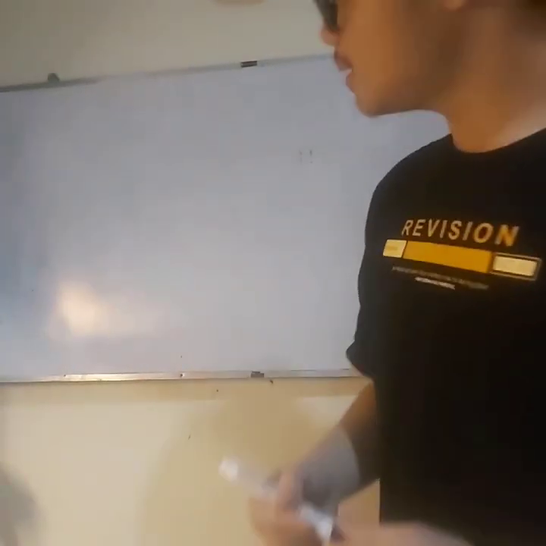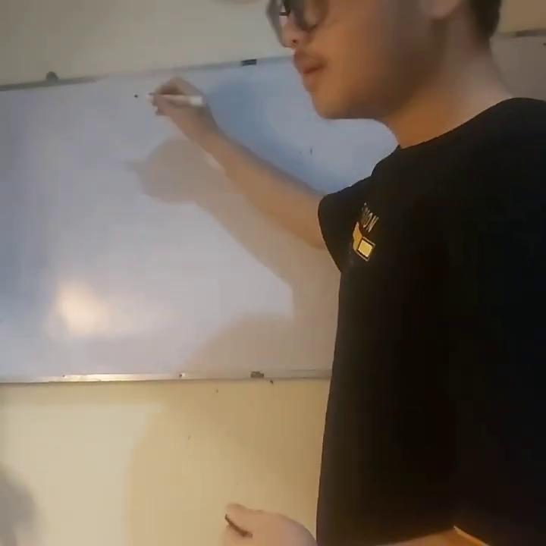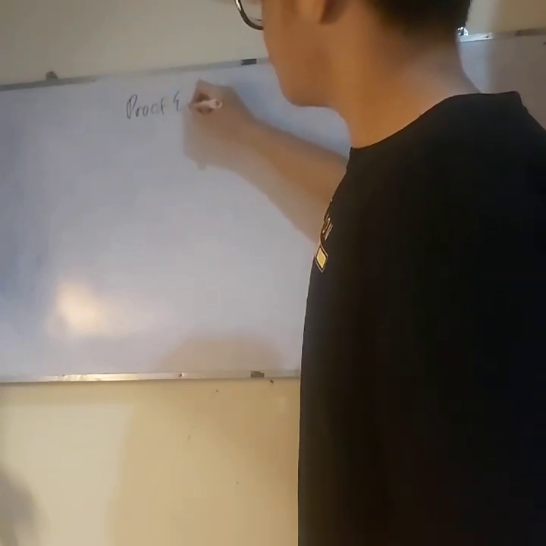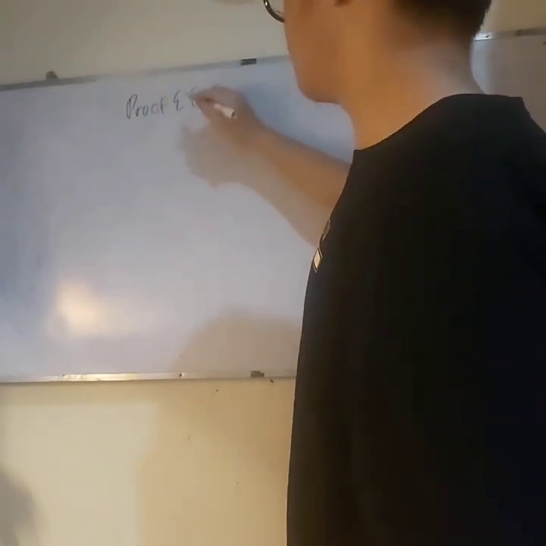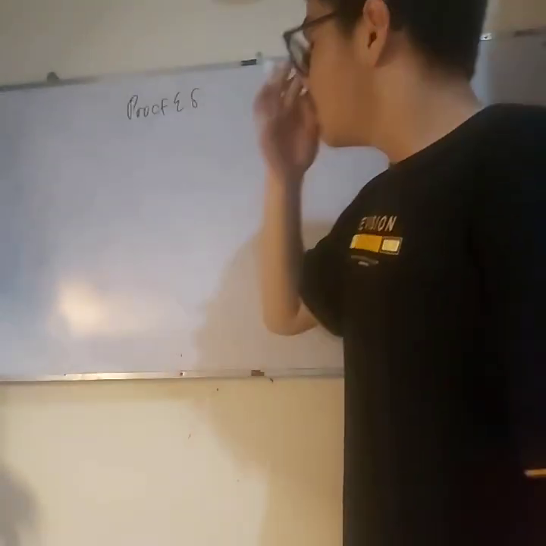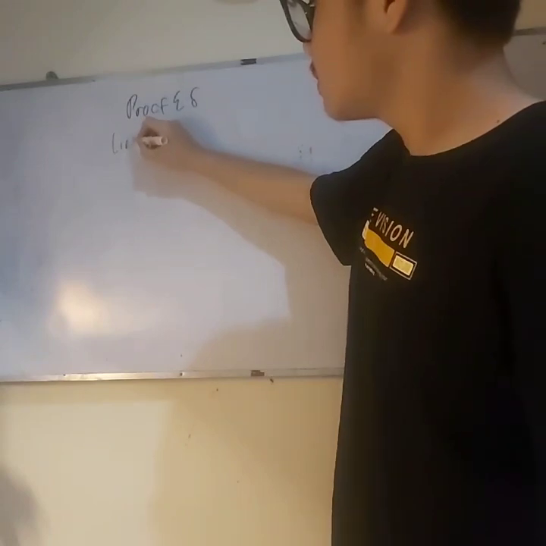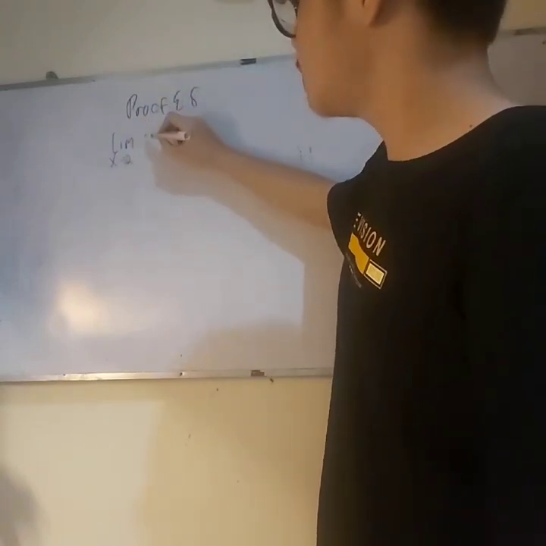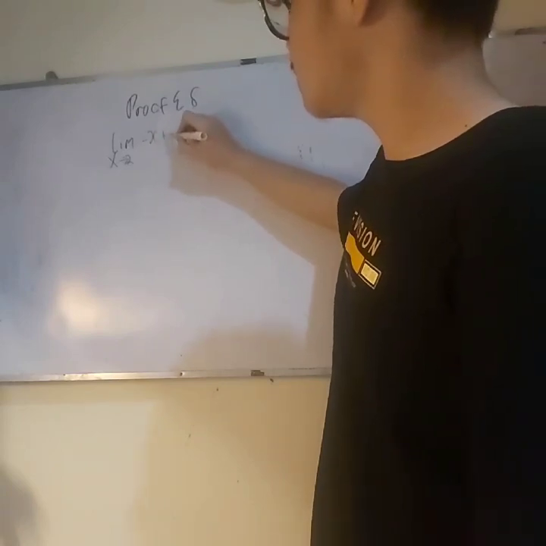Okay, limits, proof by epsilon delta definition. Epsilon delta definition of limits or proofs. Okay, we have the limit as x approaches 2 of minus x plus 1